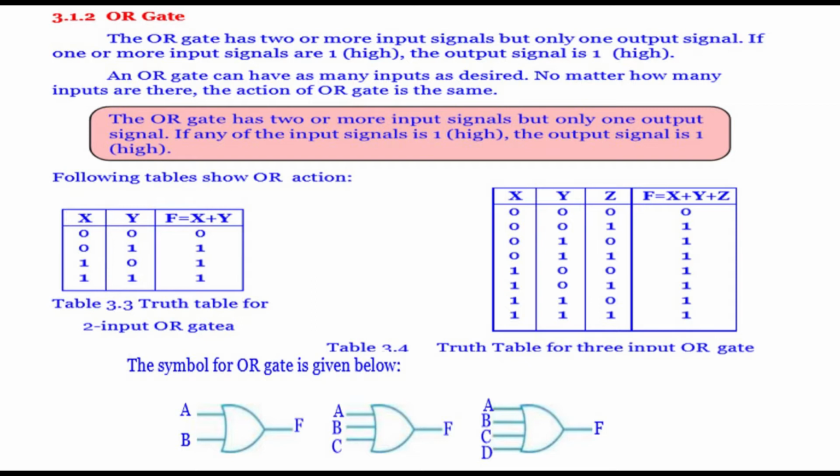And the OR acts like an addition operator. That means we can add two or more inputs by using the OR gate. OR is the symbol for logic addition. The OR truth table you can see on the screen: 0 0 0. So 0 plus 1 is 1, 1 plus 0 is 1, 1 plus 1 is 1.